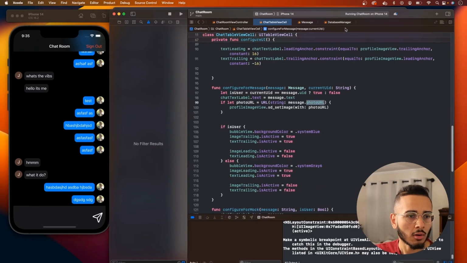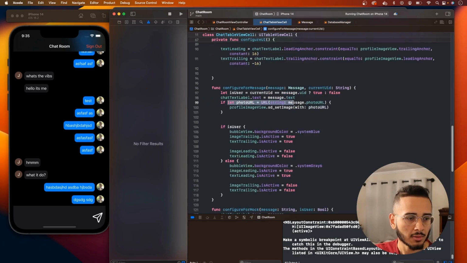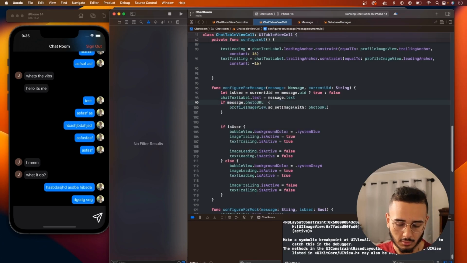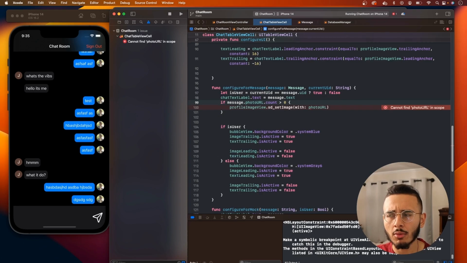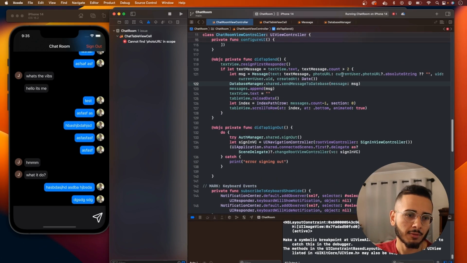Which, if we go to our database manager, I think we still could have a case where the user doesn't have an image, right? So I think the best way to go about this is if message.photoURL does not equal our account, so if this is greater than 0, because I believe if we don't have anything in our photo, let's go back to ChatRoom. So yeah, if there isn't a photo URL, so if it's nil, we're going to pass an empty